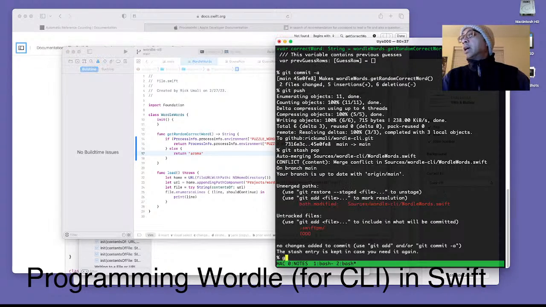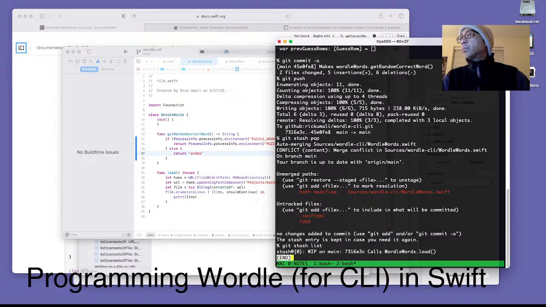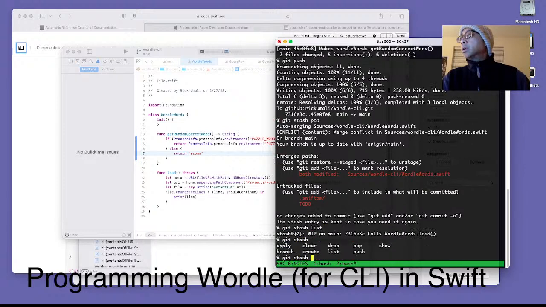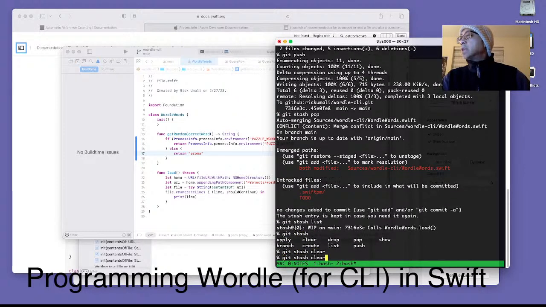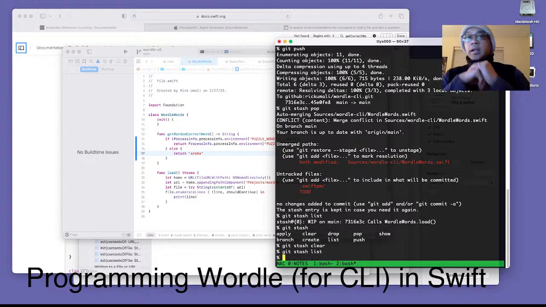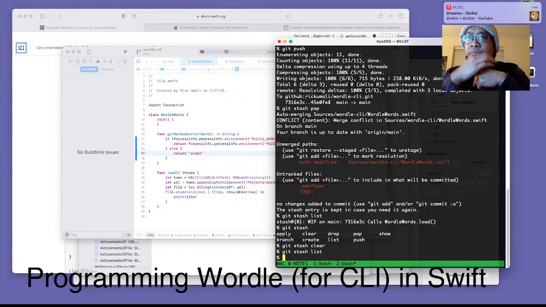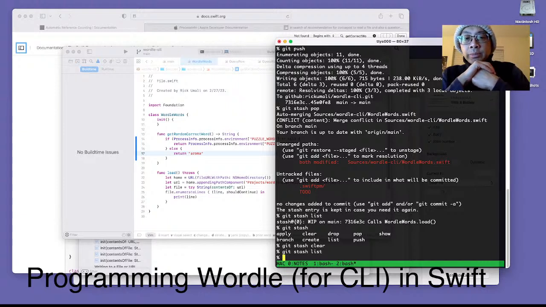And as for that stash business, I'm going to get rid of it by saying git stash clear. Yeah, I did that at work today. Git stash pop then got confused and git stash cleared, and I lost my change, and I had to build it back from memory, and it wasn't a lot of changes, but it bothered me that I had to do that twice. This worked twice, but